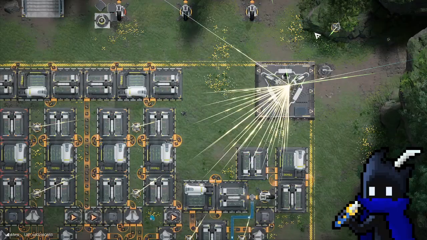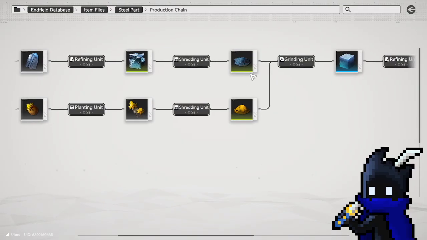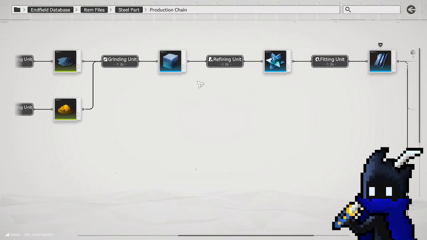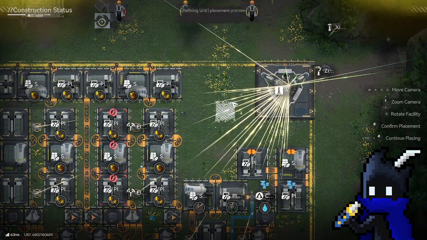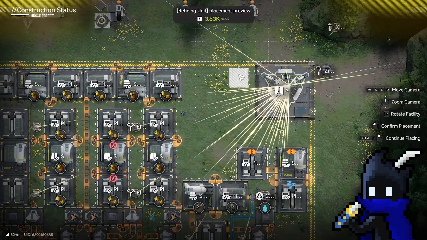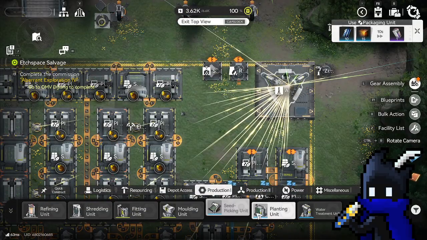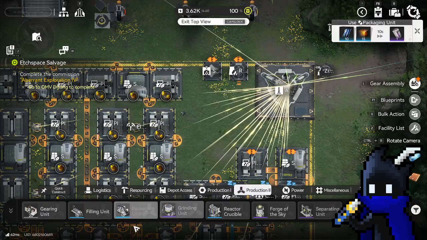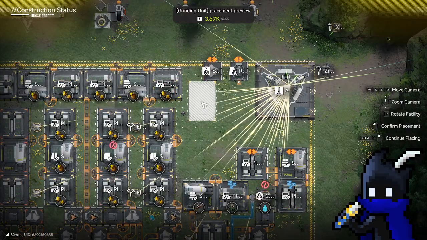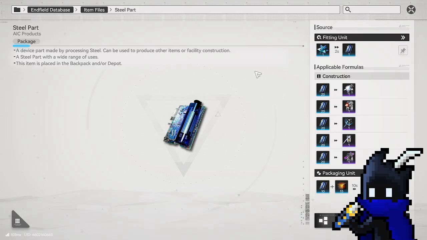So the steel parts, what does this need again? I haven't done this in a while. It needs me to refine, shred, grind. Refine, shred, grind. Refine, fit. Refine, shred, grind. Refine, shred, where's the grinder? Actually, I think it needs... So I just need to produce...